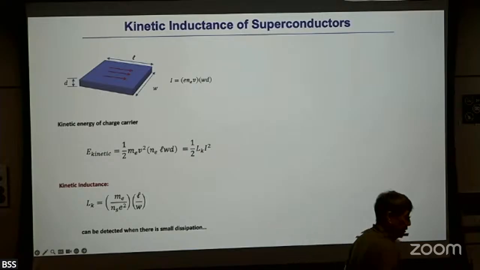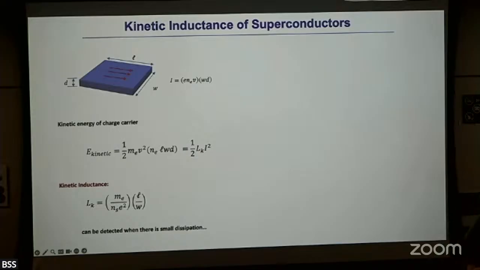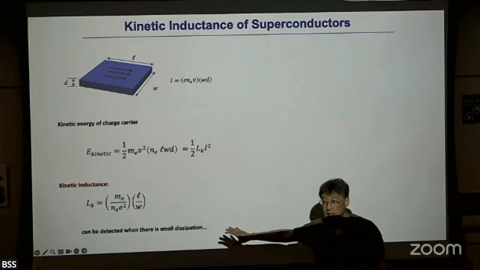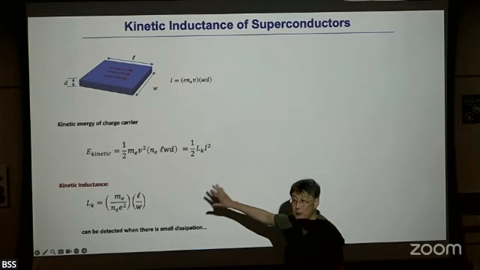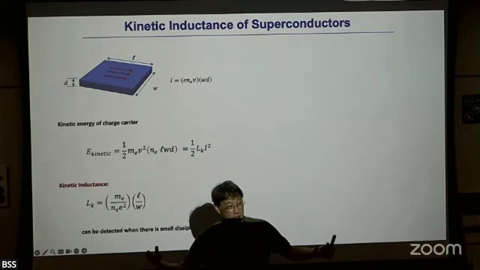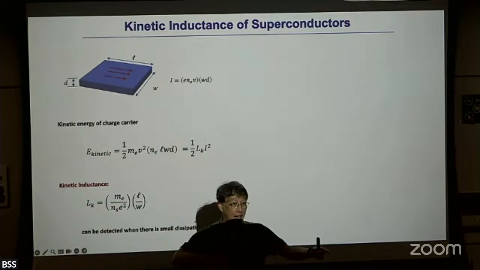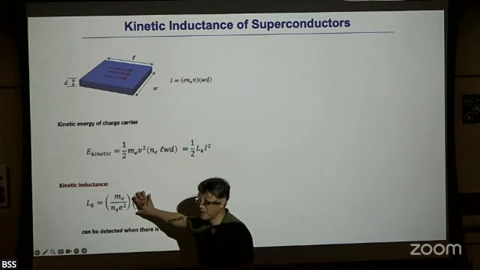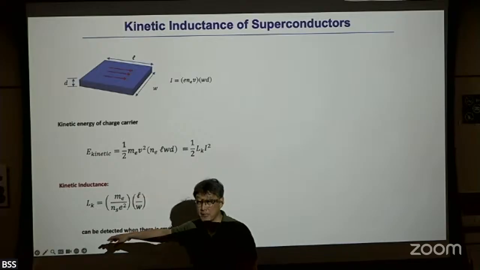Now, note that this can work with any conductor. Doesn't matter, right? I can always do that. But we rarely discuss kinetic inductance simply because it is very, very small compared with the geometrical inductance coming from the sample, where the real magnetic field is created by the current. So it's completely ignorable in a typical conductor.